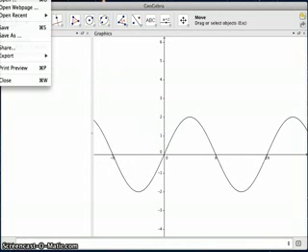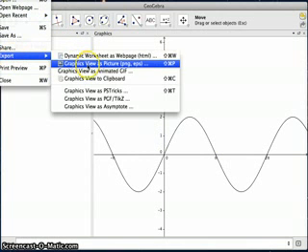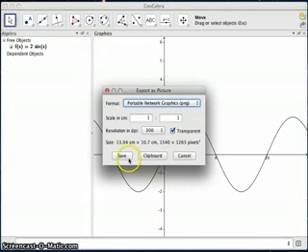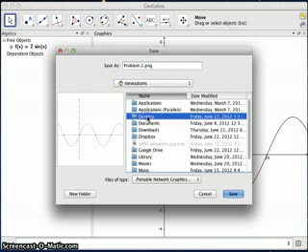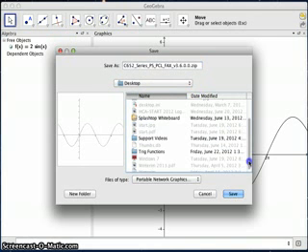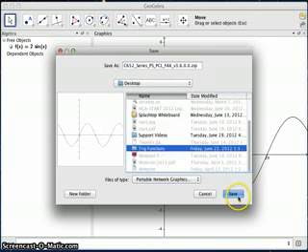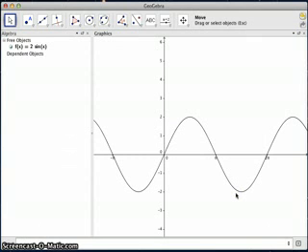So I can come back up here to the File menu, and I'm going to export it as a picture. And it's going to be the same kind of picture. And this time I'm going to call it Problem 2. It's still going to be going into the desktop folder. And go down here to the trig functions, and now I've created a second image. Okay, so it's a very simple process to do that. Now, you'll create 5 or 6 of these images, put them into your worksheet, and then use that to create the review worksheet